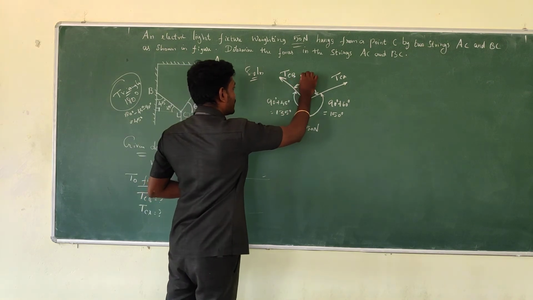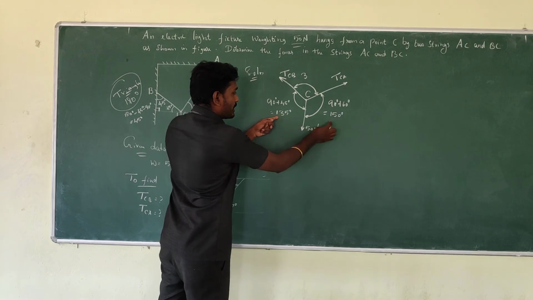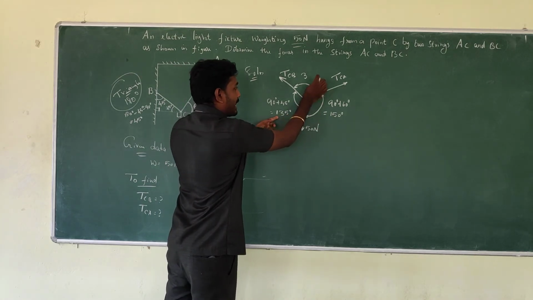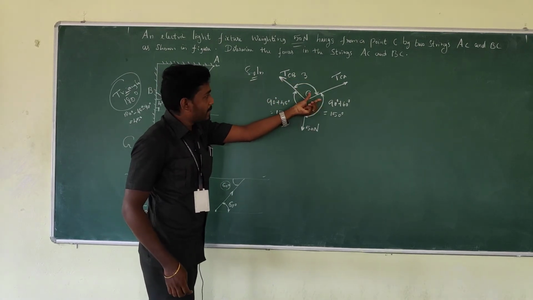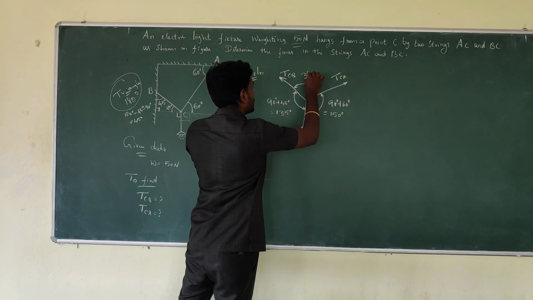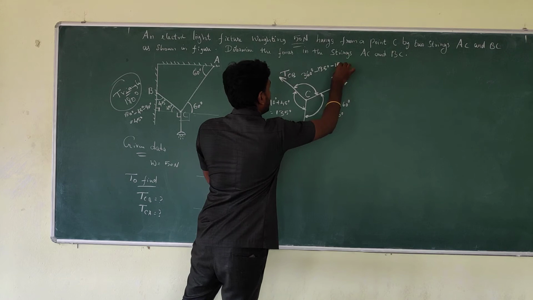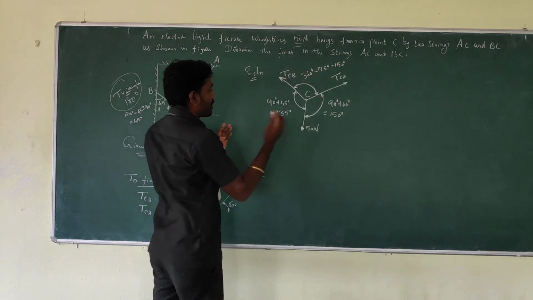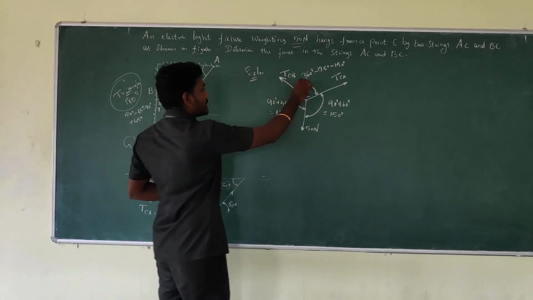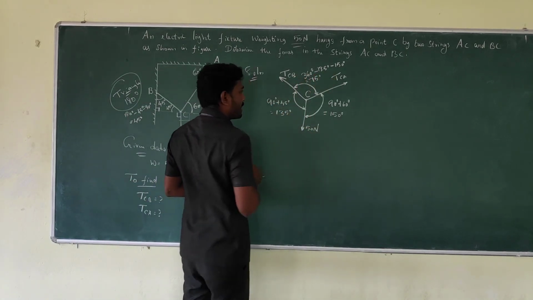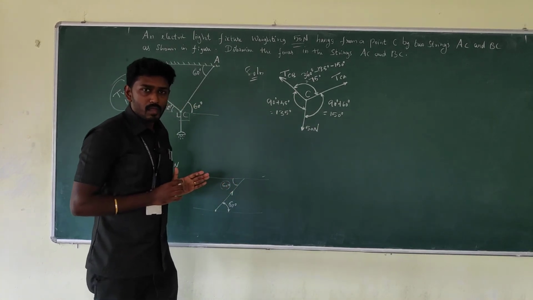So what I am going to do is, from 360 degree I am going to subtract both the angles, so that we will get the remaining angle, which will be your TCB and TCA inclination. So I am going to take 360 degree minus 135 degree minus 150 degree. Whole is 360. From that I subtract both the inclinations, so that you will get 75 degree. Fine. So almost all the angles have been calculated.